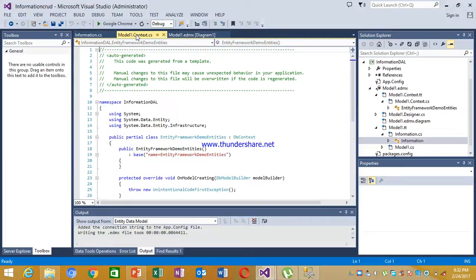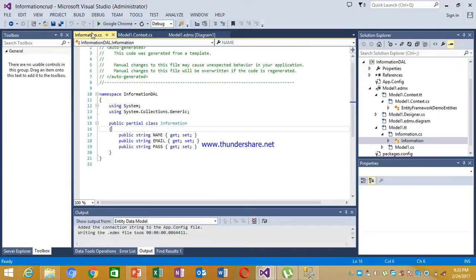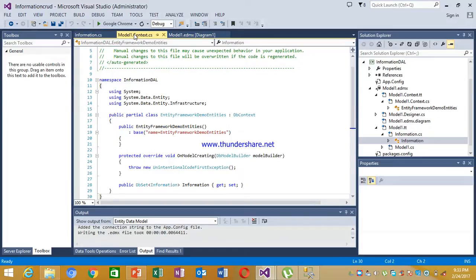And what will the context class do for us? The context class is the class that is responsible for performing any kind of operation on a database. The context class is generated once for a database. Suppose your database has 10 tables. For each table you have an entity class, so with 10 tables you have 10 entity classes. But for the database, you have only one context class, and this context class is responsible for performing any kind of operation on your database.